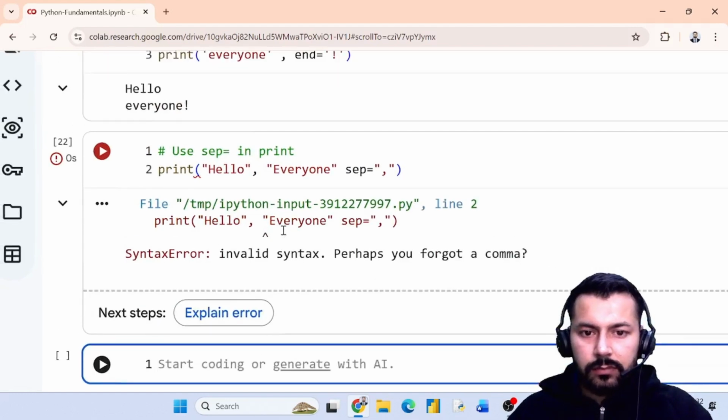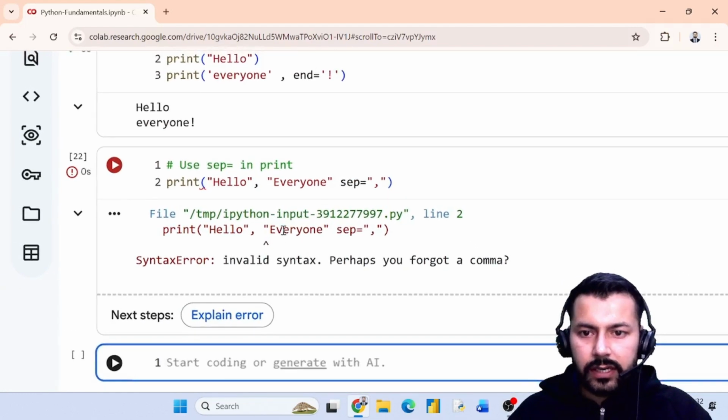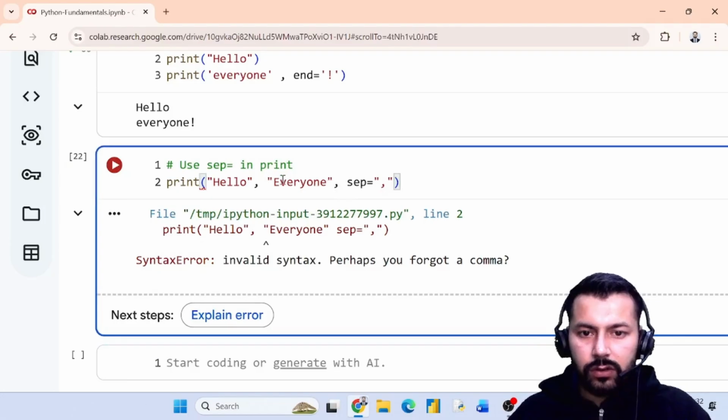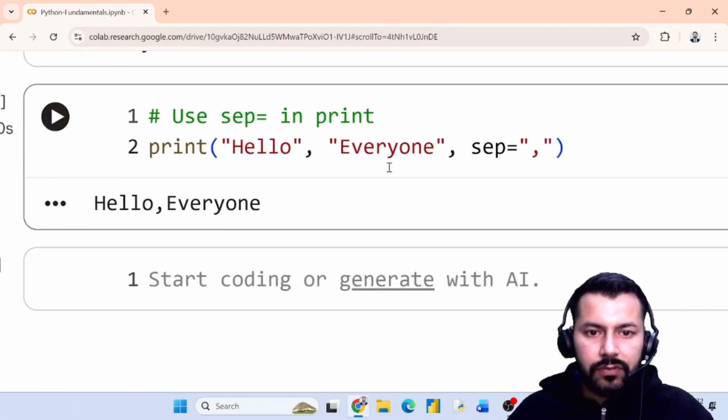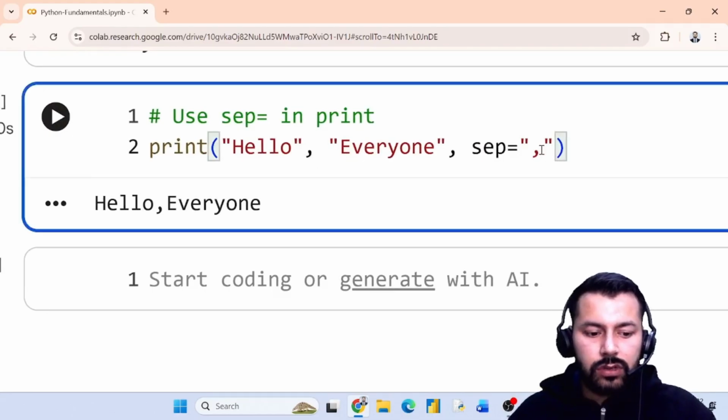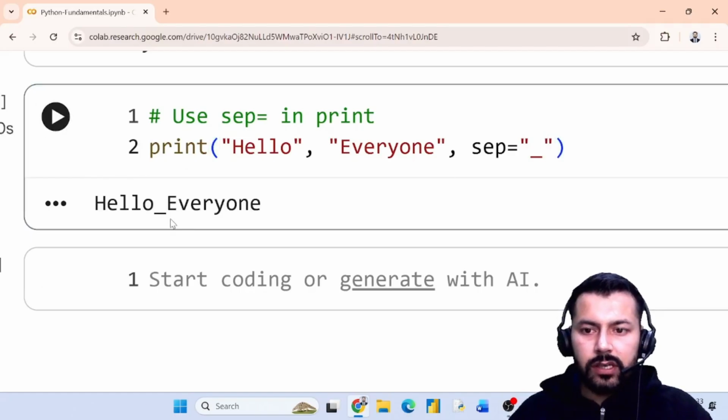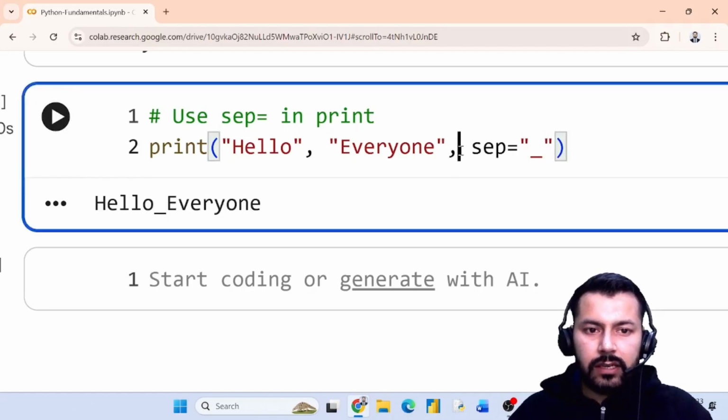It is taking time because of some sort of internet connectivity also. Let me check. Okay, we have not separated this by comma. So now as you can see, I want to separate this hello and everyone by comma. So if you use the underscore here, then it will use the underscore. And in the same way, if you want to add some more